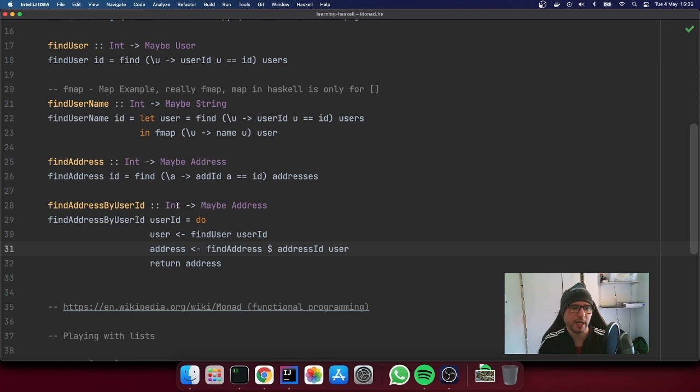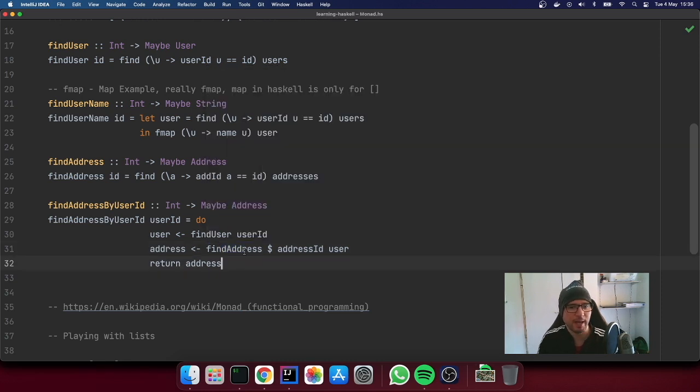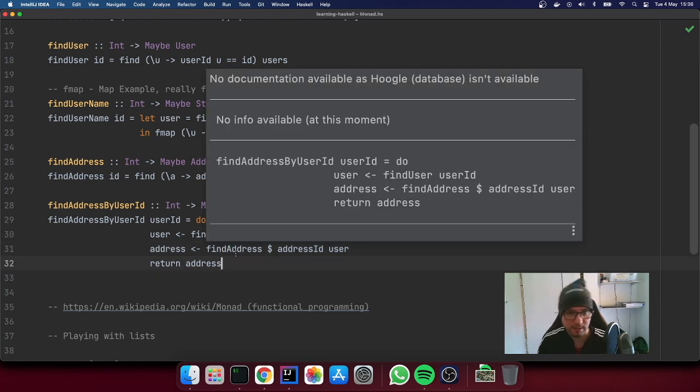So basically, what we are saying is that we just put the user ID here, and then we don't put also the address ID. We don't care, because we're gonna find maybe the user, and if maybe has the address, we're gonna get that ID and pass it on to the other function to find address. As you can see, look, we have find user here, find address here. We combine the two things, but we haven't done any result check, like, is this maybe, is this just?